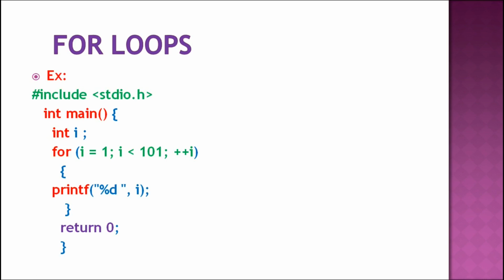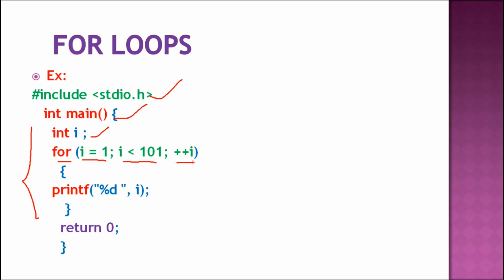Here we have the for loop example. We included the standard input header and we have the main function. Within the main function we executed our code. We declared the integer type i and we have the for loop, and within that we initialized i equal to 1, and we have the expression i less than 101, and